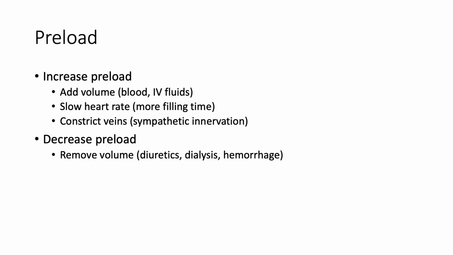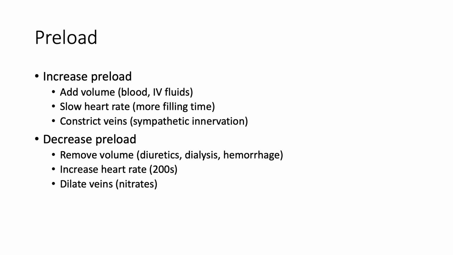So then the things that decrease preload would be anything that removes volume from the system. That could be a medication called a diuretic that increases urine output, dialysis where you're actually removing fluid and volume from the blood, or like if someone was bleeding. If you increase the heart rate really fast, like to the 200s, you can decrease filling time enough to affect